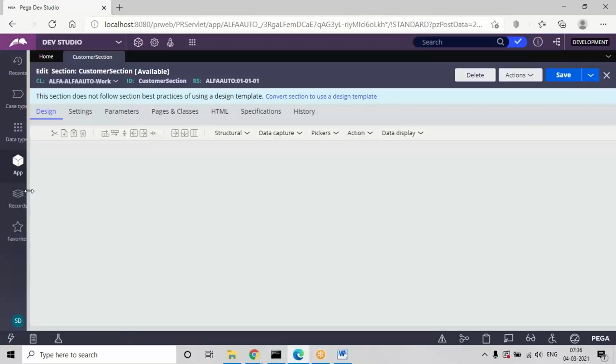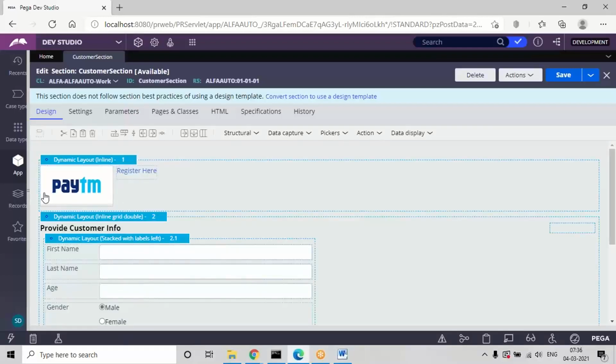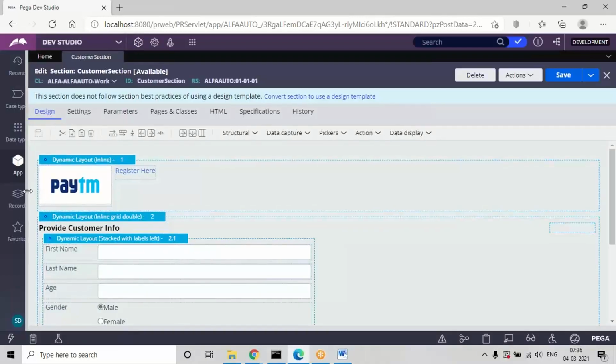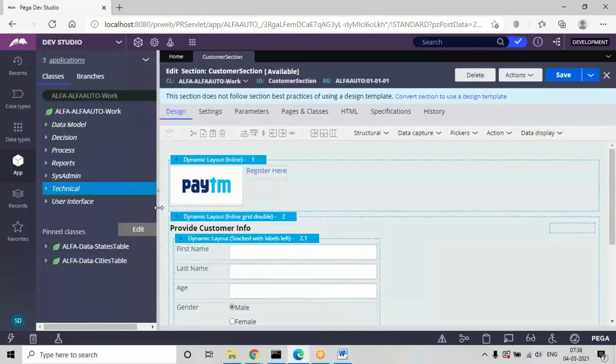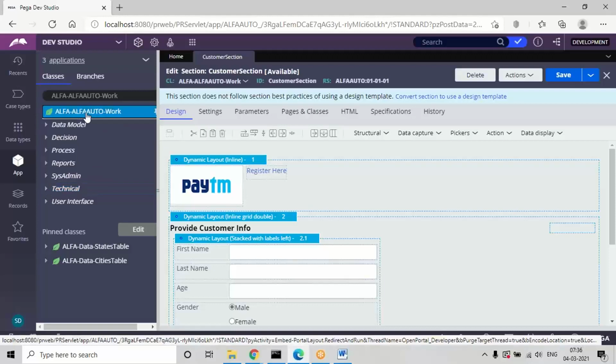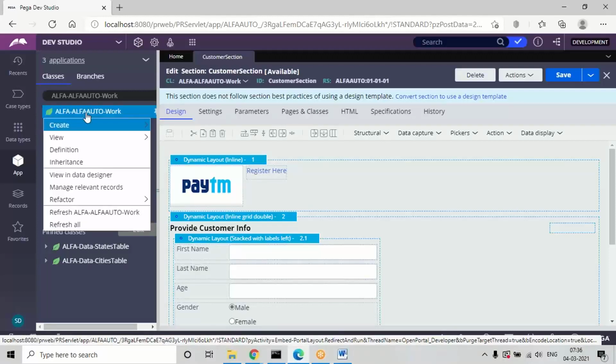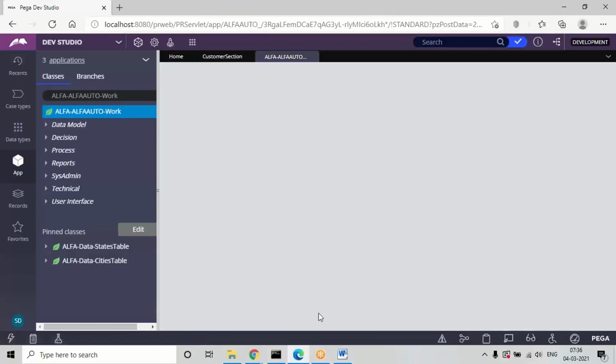For that, I'm going to add one or two new fields. Some existing fields I'll be using, and apart from that I want to create a few new properties. So use the widget option whenever we create any new properties. Open the widget option, property widget.